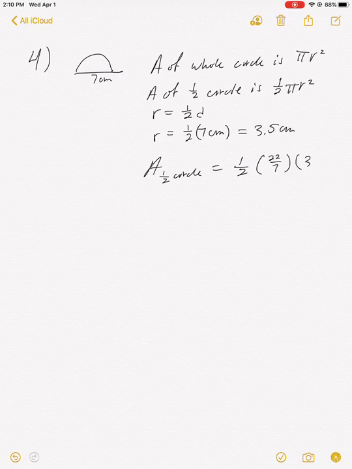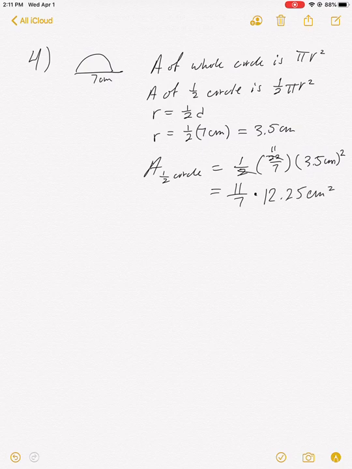R is 3.5 centimeters squared. Okay, so let's go ahead and simplify this. This will simplify with this one by doing that as 11. So we have 11/7 times, now 3.5 squared I need to do before I multiply. So 3.5 squared, according to my calculator, is 12.25